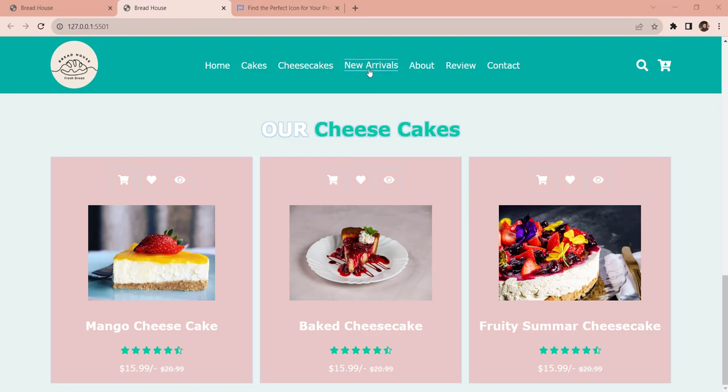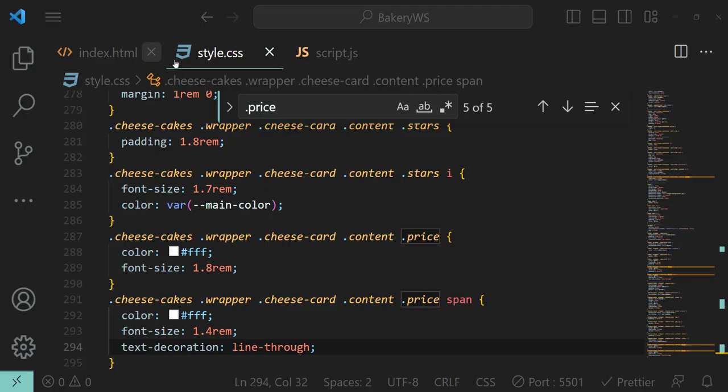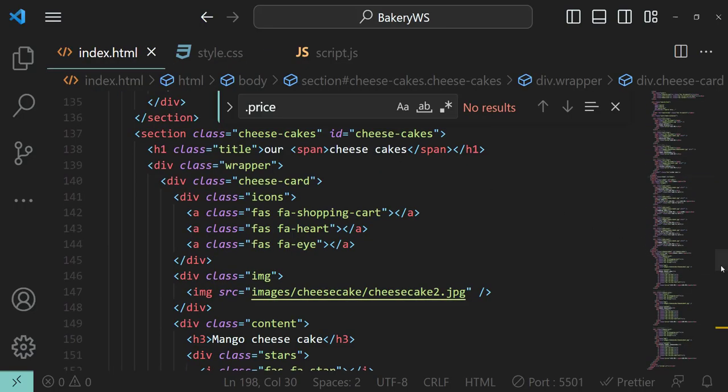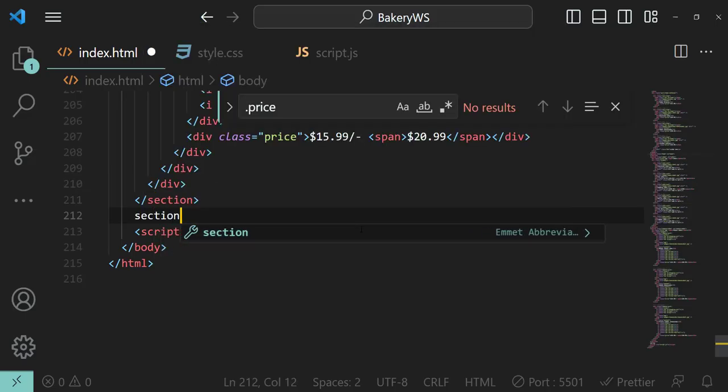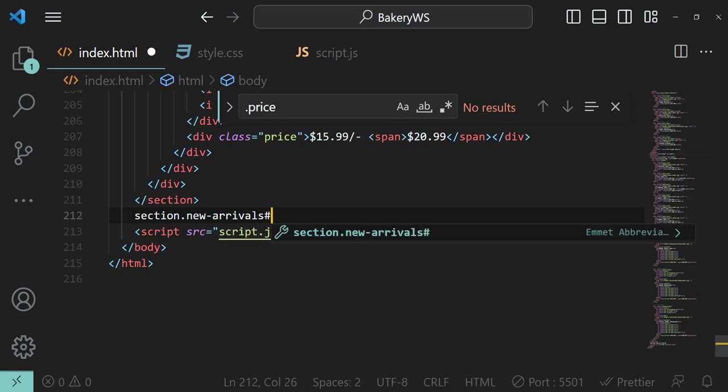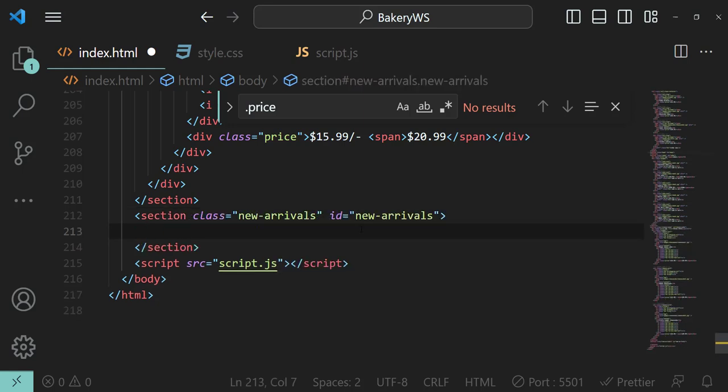Now let's move on to new arrivals. So first of all, let's define the structure in our HTML file. Okay, so this is our aim. We have to create this structure for the new arrivals. Section, class name new arrivals, ID new arrivals. Now over here, first of all, we need an h1 with the class name title,